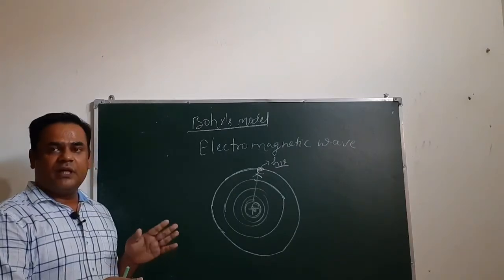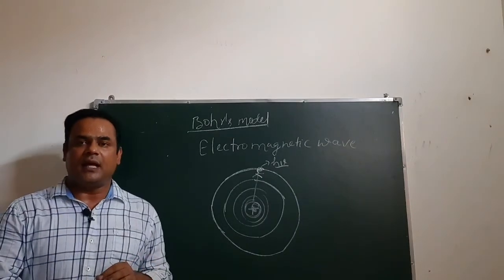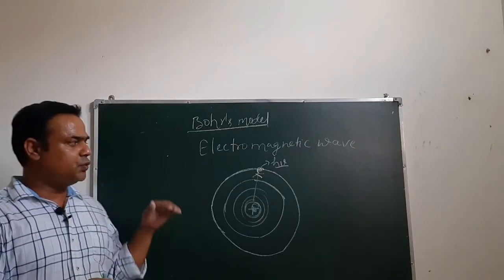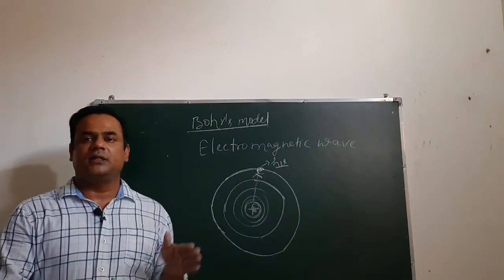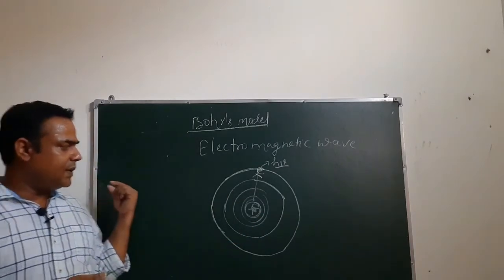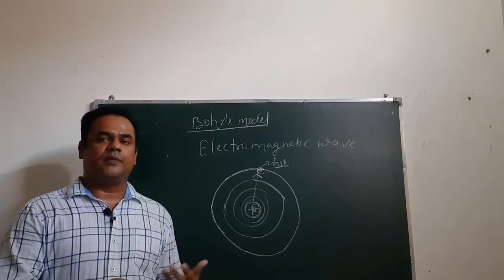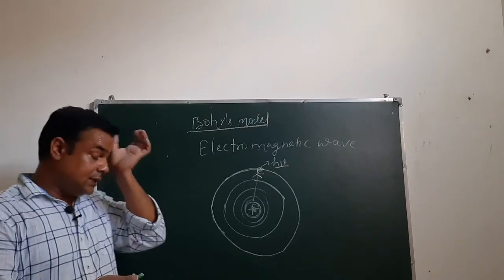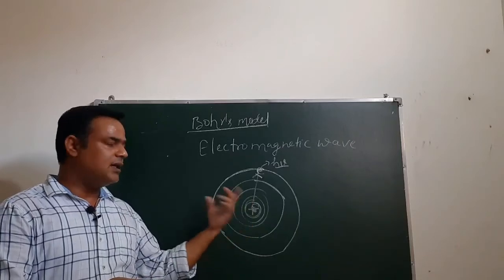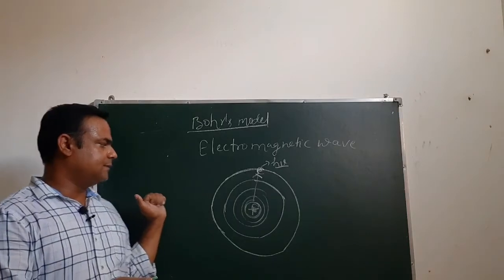Second, deviation with a very small angle confirms that there is the same charge at the center, in the nucleus, as in the alpha particle. That's why, due to repulsion between same charges, the alpha particle deviates with a very small angle. And when the alpha particle collides with the nucleus, it rebounds back along its path. This observation confirms that the whole mass of the atom is situated at the center. So when it collides, the alpha particle rebounds back.